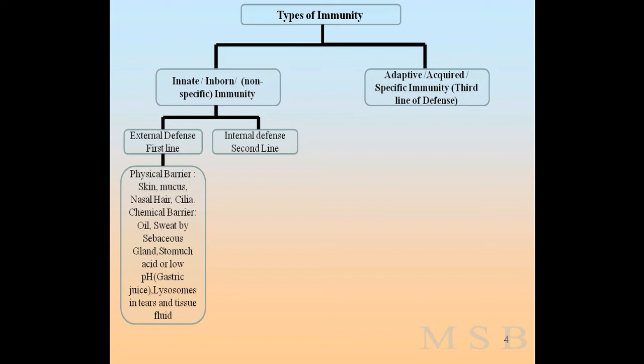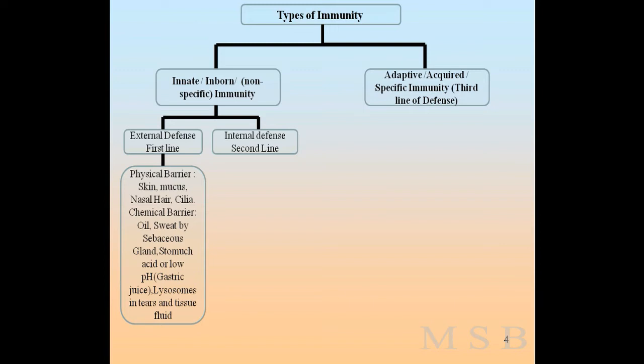It also secretes some antimicrobial proteins to kill microorganisms. Sebum, which is secreted by the skin, contains lactic acid and fatty acids that maintain a pH between 3 and 5. And this pH is responsible for inhibiting the growth of microorganisms. It also contains different kinds of immune cells.